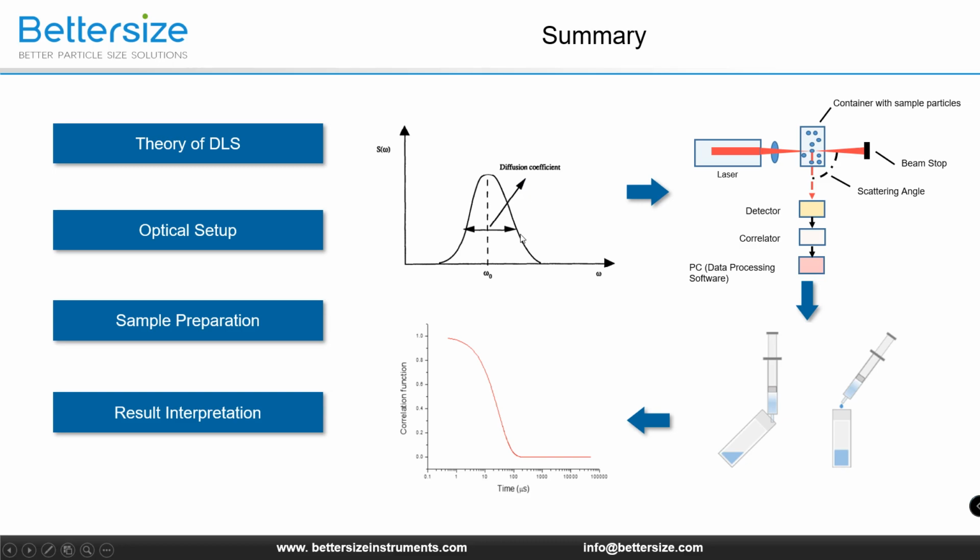First, we went over the theory of light scattering and DLS, explaining how Brownian motion comes into particle size determination. Then we looked at the optical setup of a typical DLS device and discussed the laser source, correlator, and the detector in detail. Moving on, we examined the sample preparations for the DLS test, including making and filtering the solutions, removing impurities, and choosing sample cells. Finally, we went over how to interpret the results obtained from the DLS test.